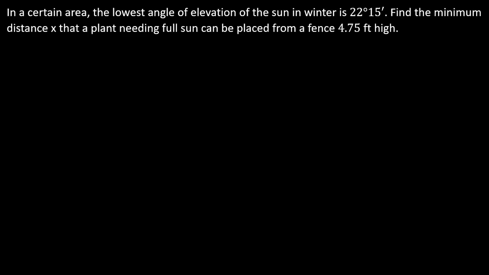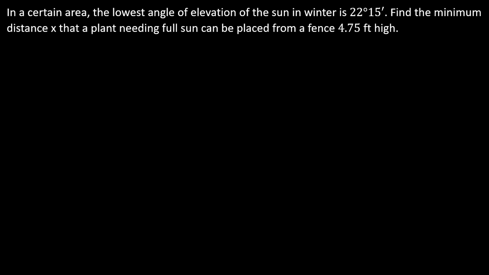Okay, and I have one more type of problem to go through. So that last one was pretty tricky. I think this one's a little more straightforward, personally. Okay, so it says in a certain area, the lowest angle of elevation of the sun in winter is 22 degrees and 15 minutes. Find the minimum distance x that a plant needing full sun can be placed from a